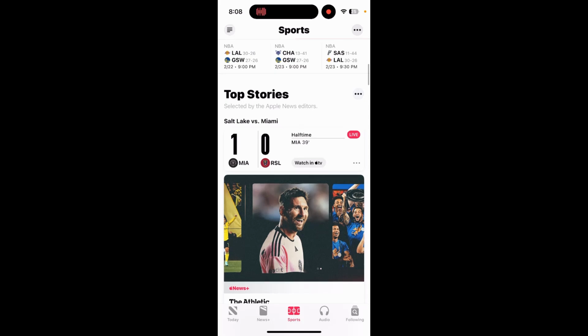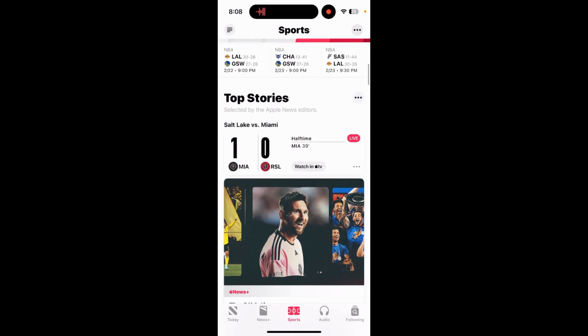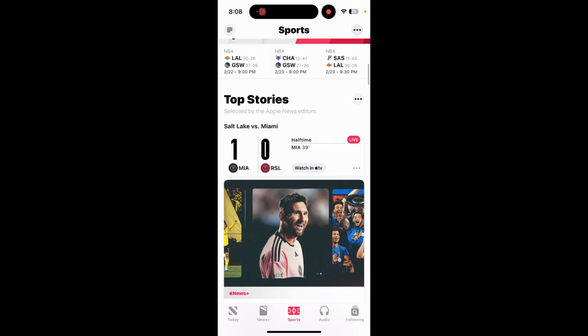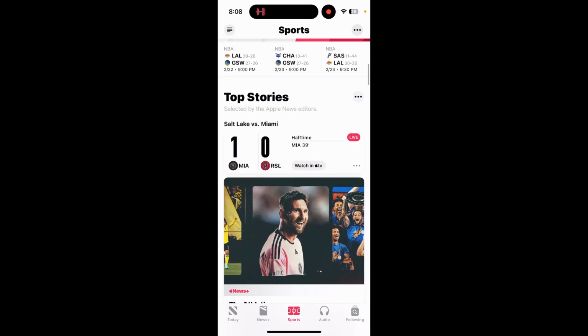But if you don't want to really look at the news of sports, but yet want to look at the scores of games that are upcoming, or just have past, past scores, and just in general live scores, then you are in the right video.